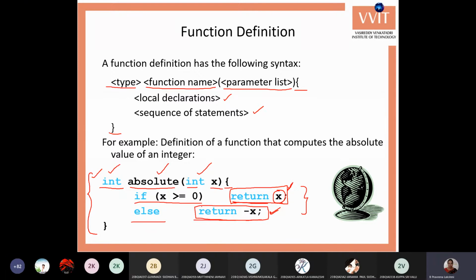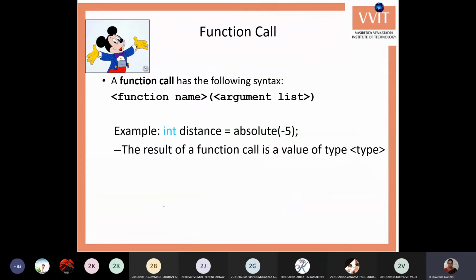Okay, this is the creation of the function. We have created the function. Now I want to use that function. Whenever you want to use the function, we need to call the function. That is, we need to give the function name and within the brackets the values to the function. Whatever input values you want to send to the function, you can specify within the brackets. So function name, within the brackets the input values.